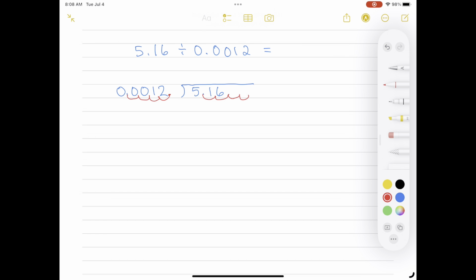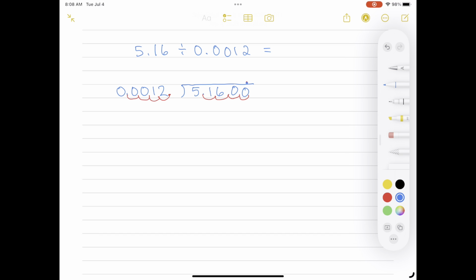And so we need to do the same thing on the dividend. Move that decimal place 4 spaces over. You fill in those empty spaces with 0, and you write the decimal point above on the quotient line to match up where it is on the dividend. Now we ignore all those decimal points and all those zeros in front of 12. So now you're dividing